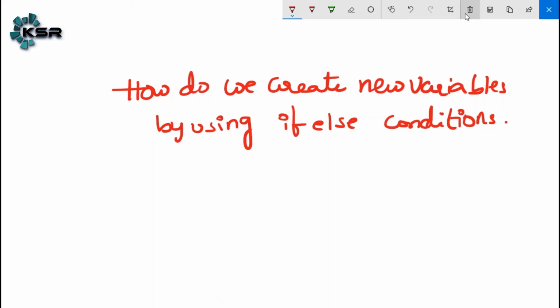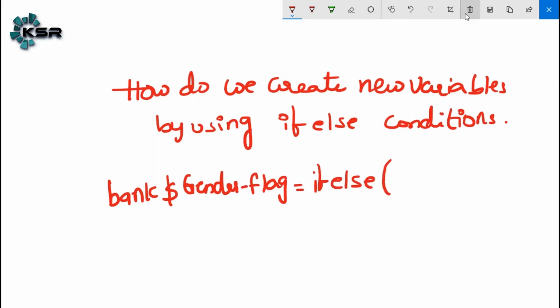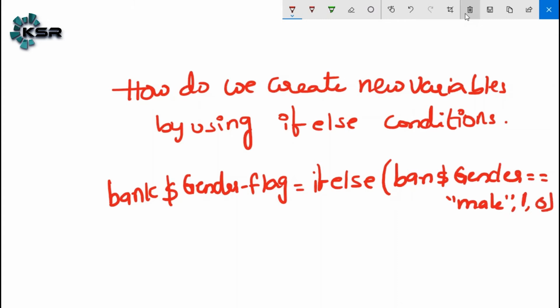The syntax is very simple, like how we do the same in Excel. For example, assume that bank is a data set: bank dollar gender flag, if else is the syntax, bank dollar gender is equal to male, then 1, else 0. In simple terms, in if else, the first is the condition.